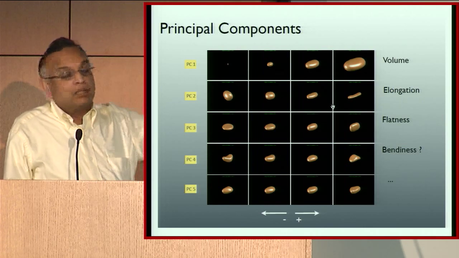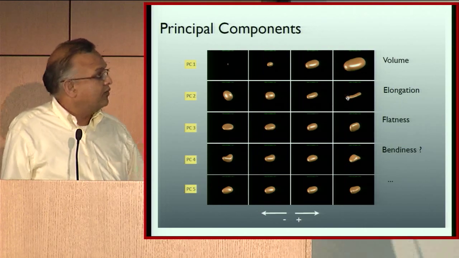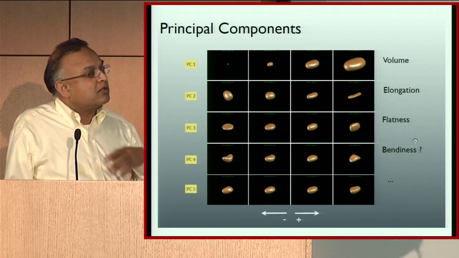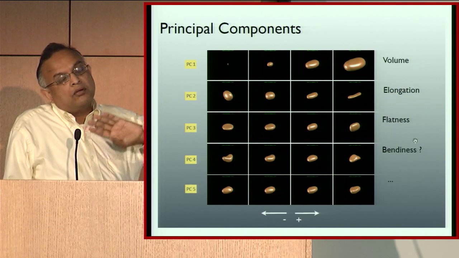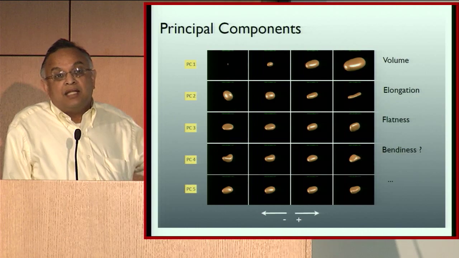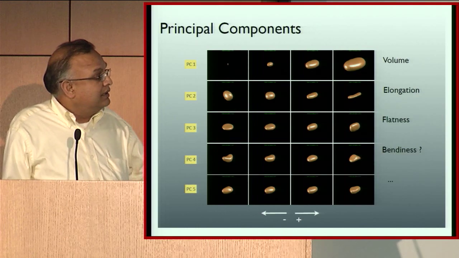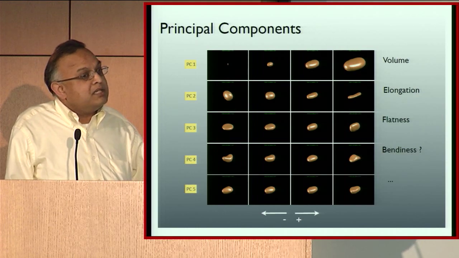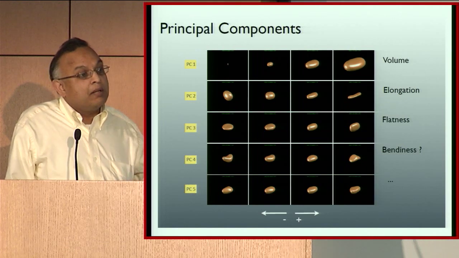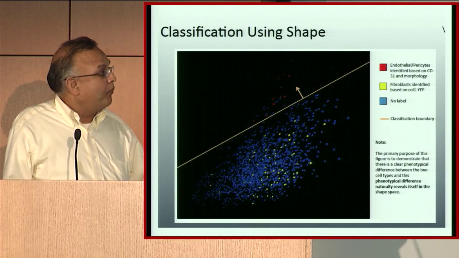We can do principal component analysis of the shapes and so on and so forth, and you could talk about the volume, elongation, flatness, all those different properties. You could try to start describing the nuclei. You could do the same for the entire cells too. So this is just a way to demonstrate that many of our tools can be used in biology, that computer science can play a role, and that's the essential point I'm trying to make here.